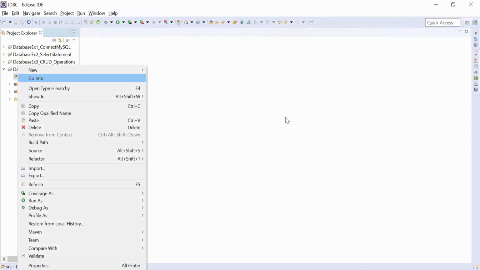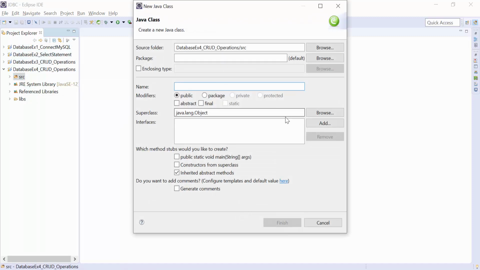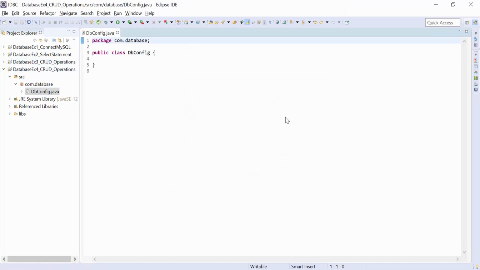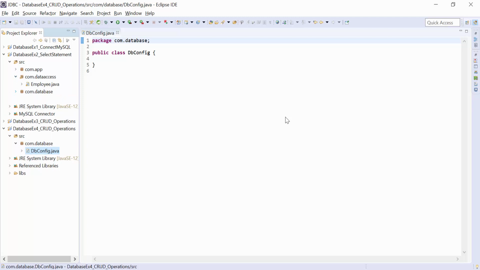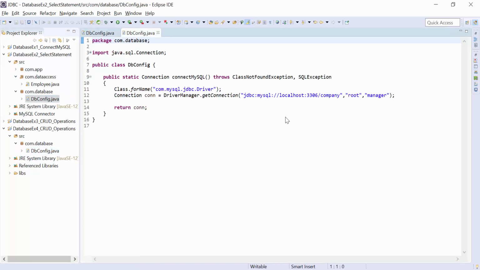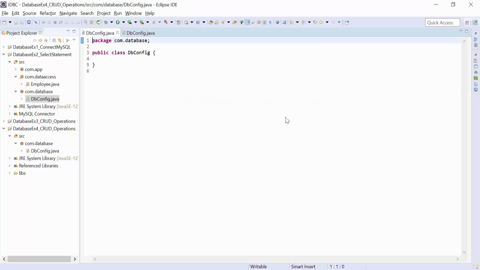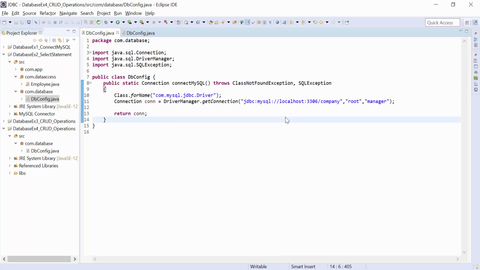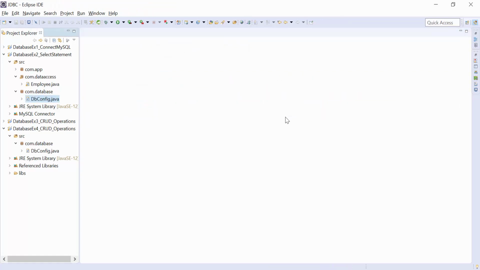After that you create a package, a class to configure the database, com.database. We copy the code from one of the existing projects. So this function I copy and we write it in the database configuration. Okay, the name we keep the same. Still I am going to save the vehicle data, but I'll show you another way to do the same.